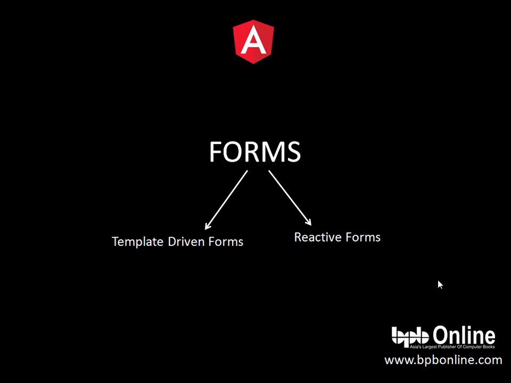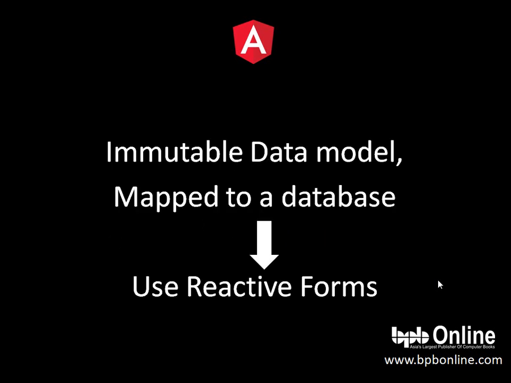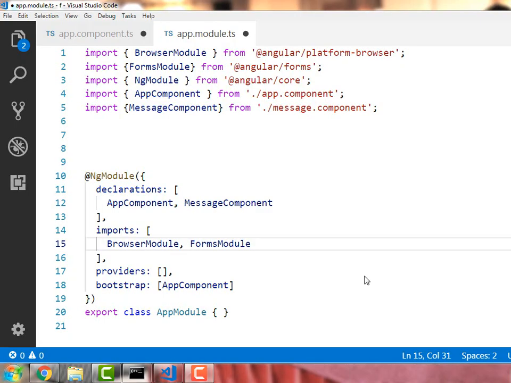Now talking about reactive forms. In reactive forms, we create form controls as trees of objects in the component class and bind them to the native form controls in the template. Whenever there is some immutable data model and the data is mapped to a database, that's when we use reactive forms. Okay, so coming to our project inside Visual Studio Code, the very first step